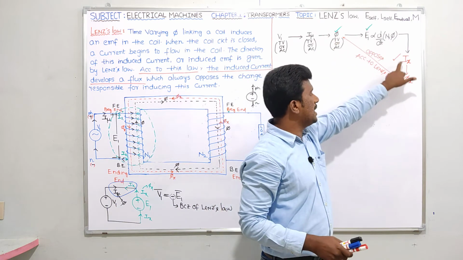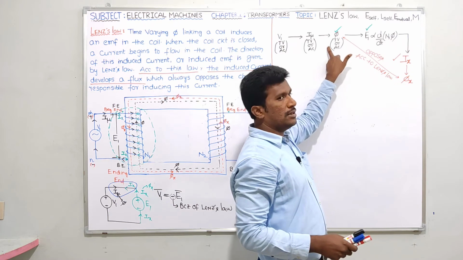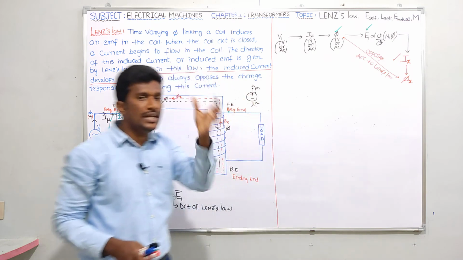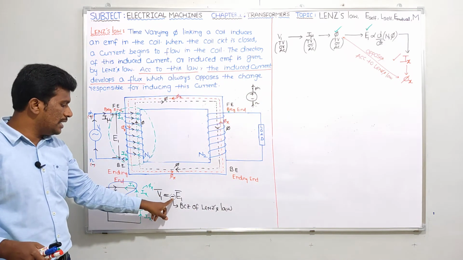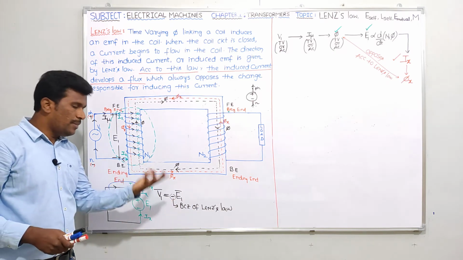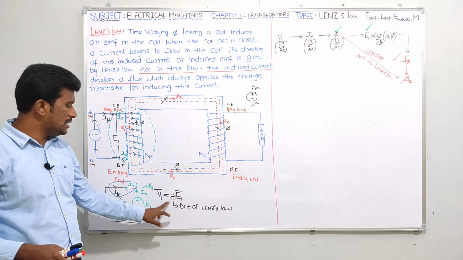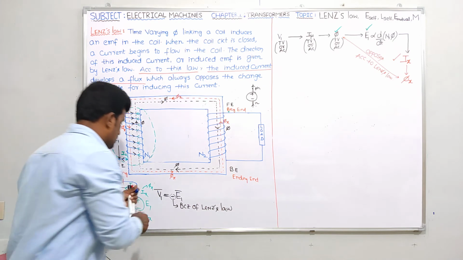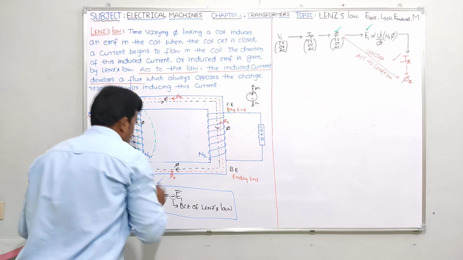Because of this E1, you will get Ix. Because of this Ix, you will get phi x. This phi x opposing phi, or Ix opposing I mu, should be indicated in the equation, which is possible by showing the minus symbol here. That's why, if you have seen any textbook, they will write V1 bar equals minus E1 bar. That minus is because of Lenz's law. Is it clear? That is the conclusion. Yeah, next.